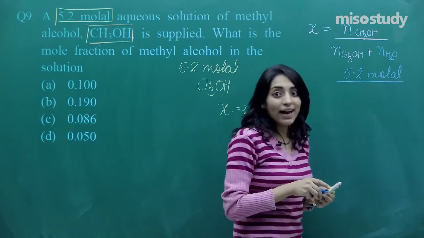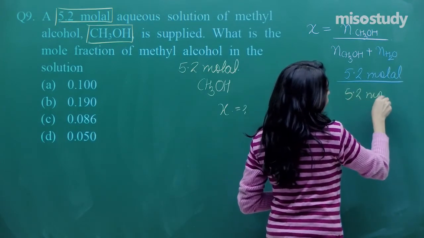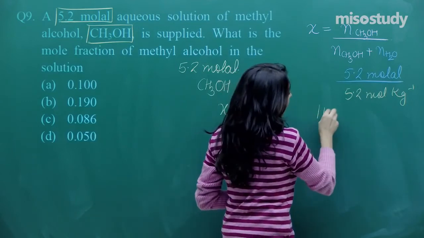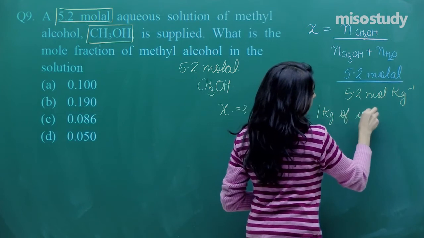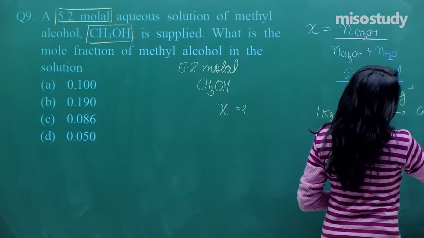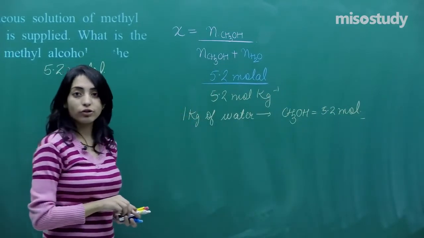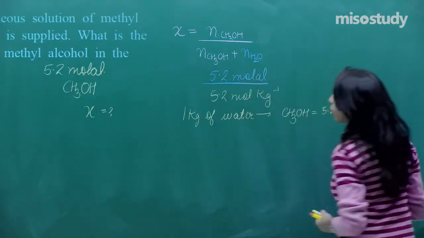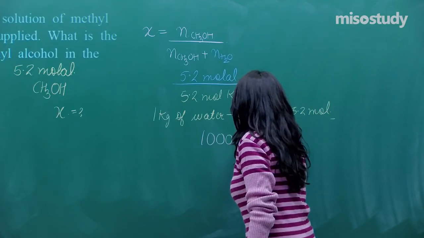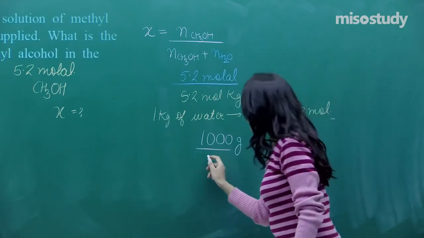So if the solution says that yeah, I am 5.2 molar, that means 5.2 moles per kg, right? That means 1 kg of water is having how many moles of CH3OH? 5.2 moles of CH3OH, right? So guys, if I move further, 1 kg of water means how much grams of water? 1000 gram, right? But what is the number of moles of water in 1000 grams of water? Divided by